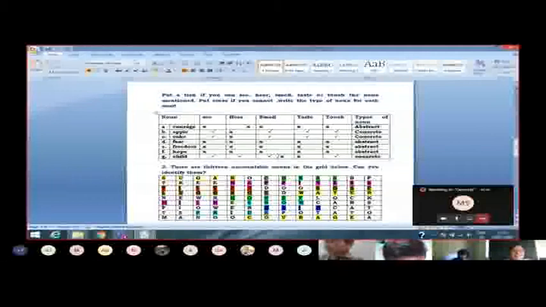Courage is an abstract noun. Apple, concrete noun. Concrete means we can see, touch. This is a taste also. Apple we can see, we can taste also. Next is the cake. Cake is a concrete noun. It also we can see, smell, taste, touch.